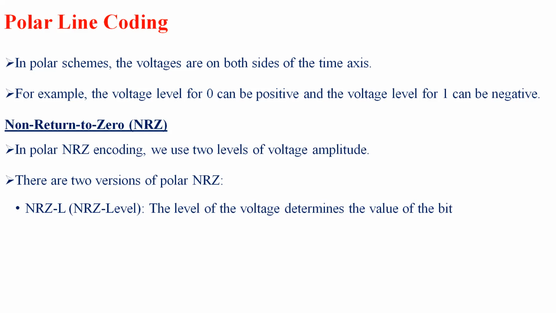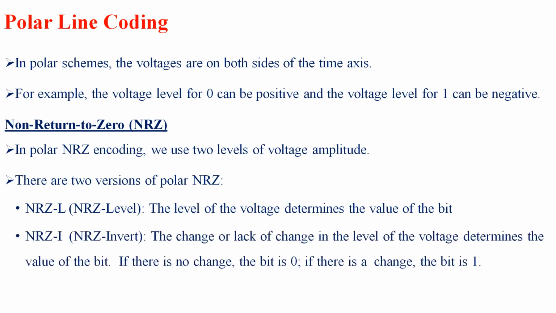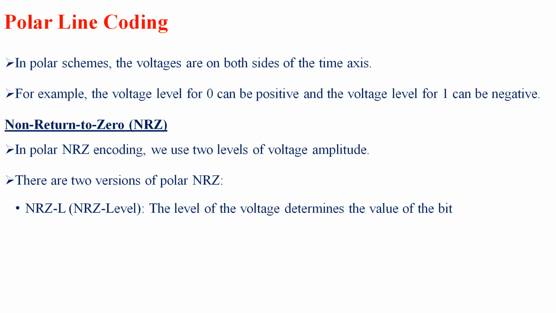In NRZ-L, the level of voltage will determine the value of a bit. Thus, the level of a signal will depend on the value of a bit. So the next type is